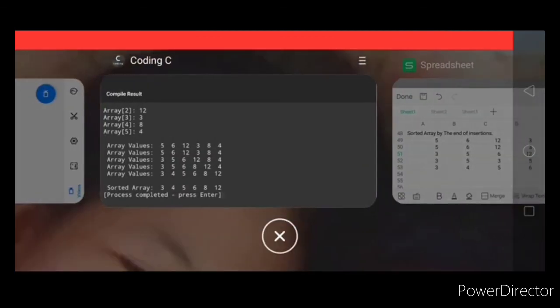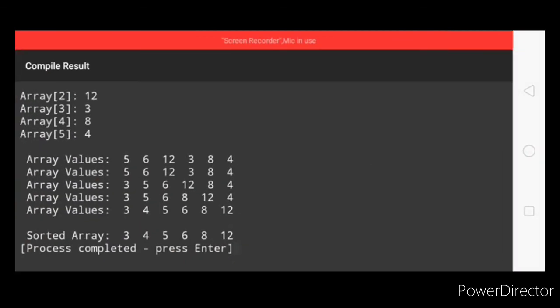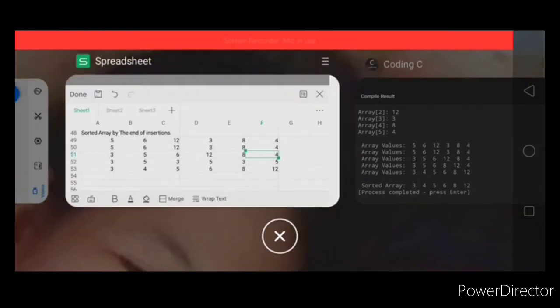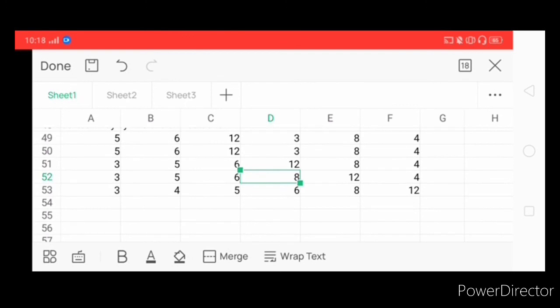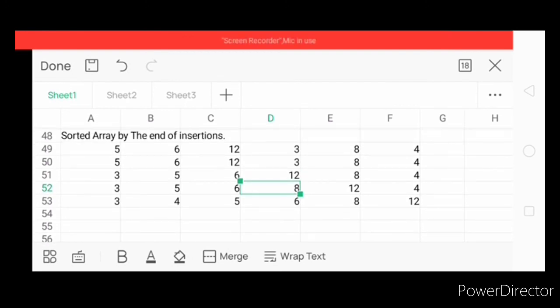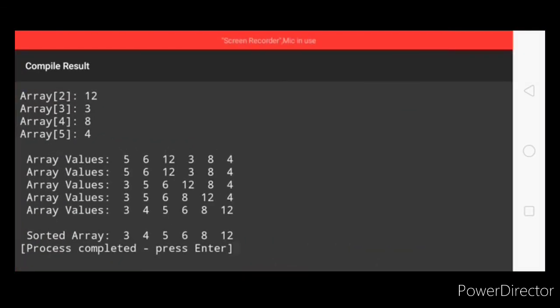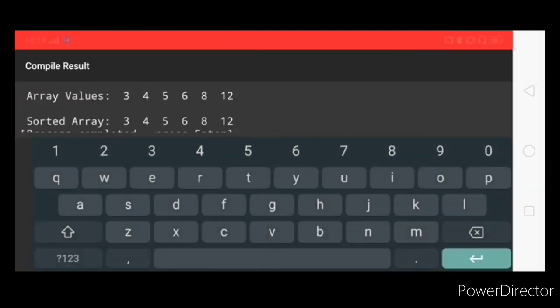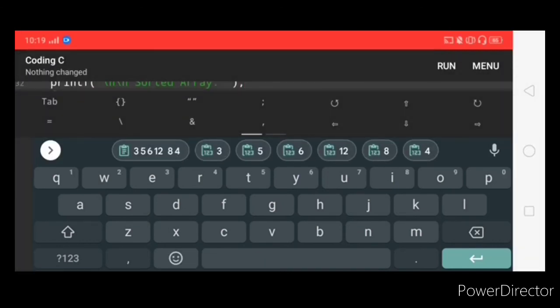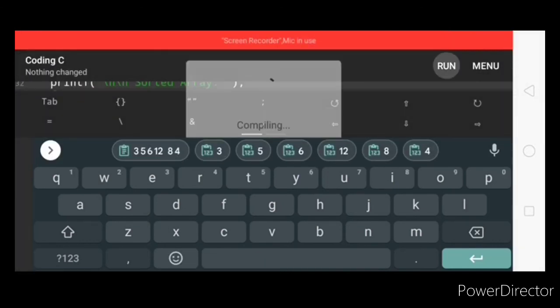So the fourth part is 3 5 6 8 12 4. Then our fifth part is 3, 4, 5, 6, 8, 12. Let's see if it is correct in the code. 3, 4, 5, 6, 8, 12. Okay,